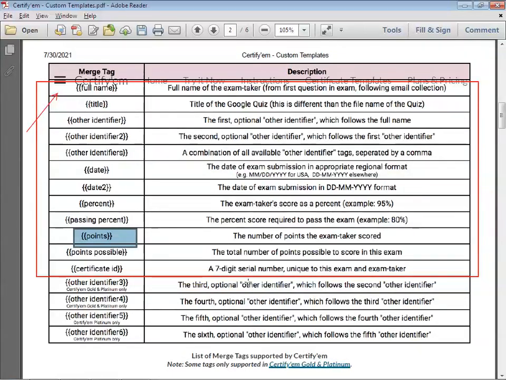With a Gmail account, we can distribute only 100 certificates in 24 hours. If we go for the Gold or Platinum option, or the education domain or education account, we will get 1500 certificates for 24 hours. If you go for other packages, we will get a larger certificate distribution quantity. So in the free Gmail account, we get only 100 certificates in 24 hours. Now the question comes to mind: when are these 100 certificates renewed?